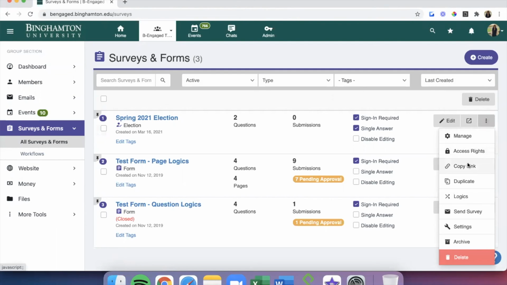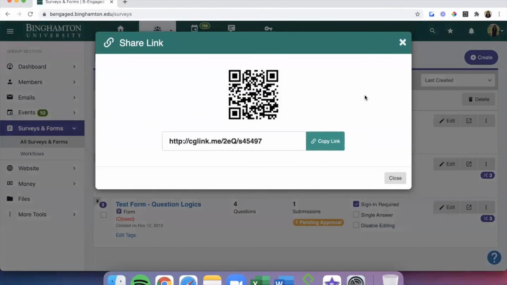Select Copy Link from the drop-down menu to see the green pop-up window with the Copy Link button and the QR code right above that, where members can scan it to access the ballot. From there, you're all set to run your secure election in Be Engaged.